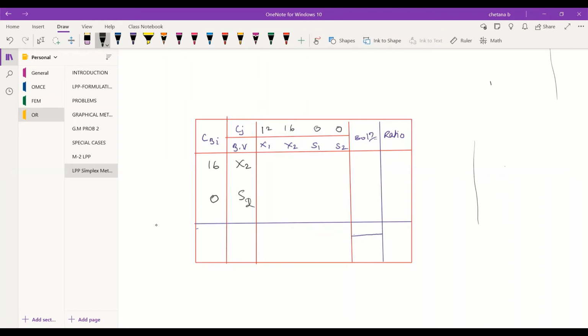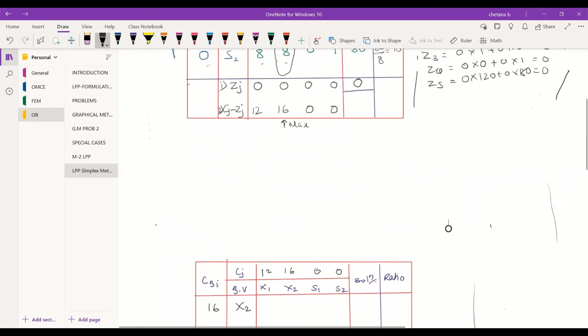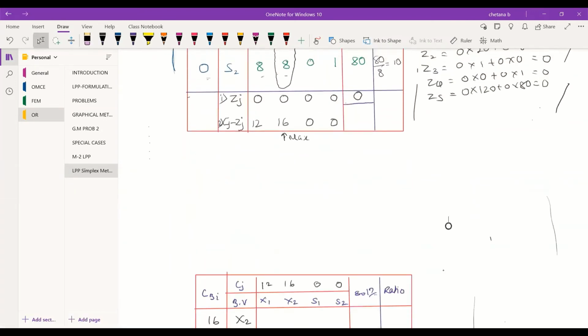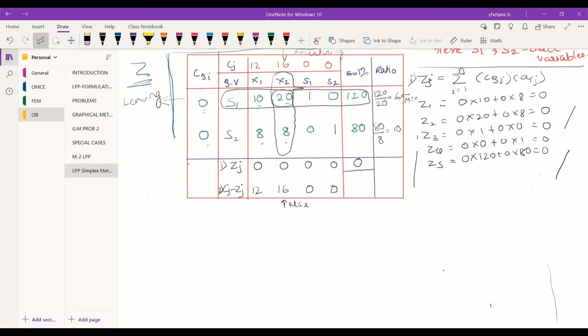S2, there will be all new values, and for X2, you need to make a modification again by referring to the previous table. Now, how we can do that is, if you see here, where is the key value? You can see 20 is the key value.